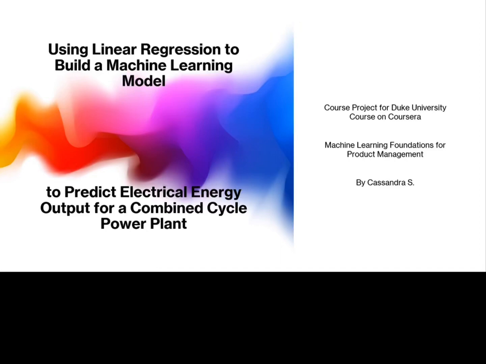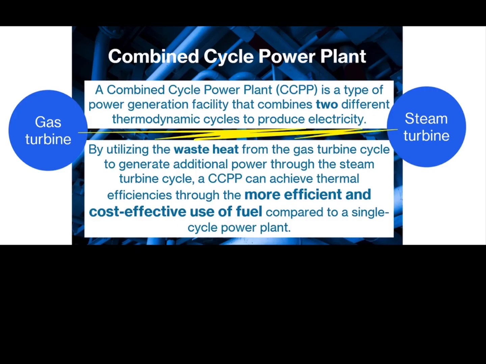So in this video, we are going to take a look at how to use a linear regression to build a machine learning model in order to help to predict electrical energy output for a combined cycle power plant. A combined cycle power plant uses two different thermodynamic cycles to produce electricity, namely the gas turbine as well as the steam turbine. By utilizing this, it can achieve more efficient and cost-effective use of fuel as compared to single-cycle